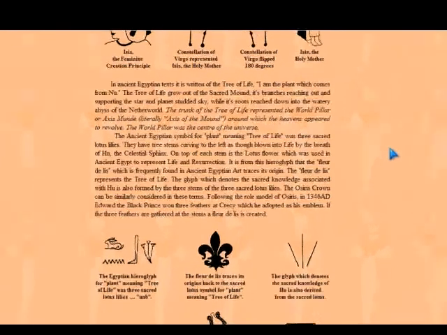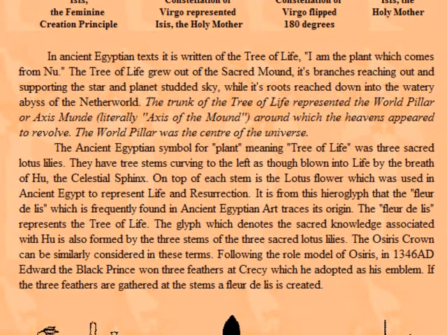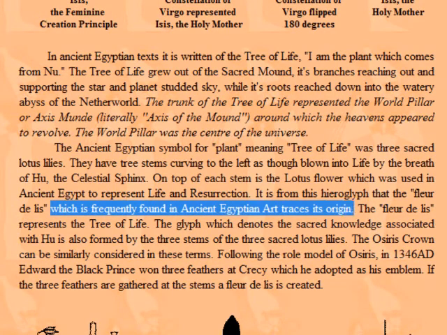On top of each stem is the lotus lily, the lotus flower, which was used in ancient Egypt to represent life and resurrection. And it is from this hieroglyph that the fleur de lis, which is frequently found in ancient Egyptian art, traces its origin. So this fleur de lis goes back to ancient Egypt, man. The fleur de lis